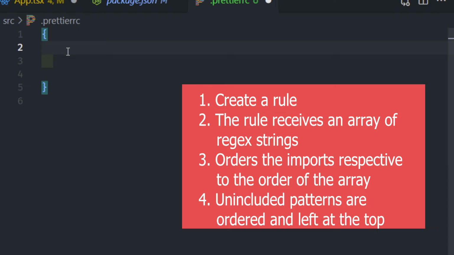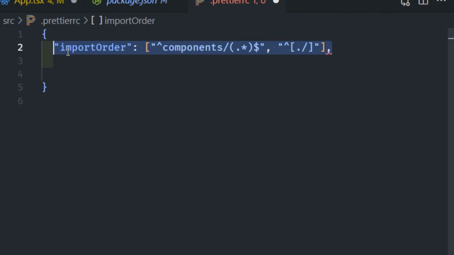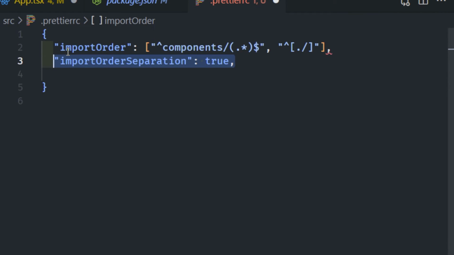I personally prefer having my third-party libraries first, then my components, and finally my relative files at the end. This regex string will cover those use cases. Below that, I'll add 2 more lines that add line breaks between import groups and help us with sorting specifiers